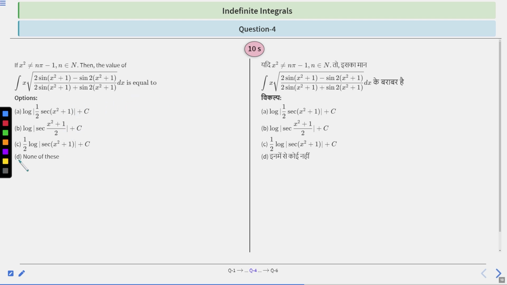Clear? So the hint of this question is looking a little bit lengthy. So you always try to convert lengthy equations into simplified form. You have to convert this expression into simplified form in such a way that the equation becomes integrable, right? So you have to think like that. In this way you try to approach this question. You have 10 seconds to solve this question. After 10 seconds we will discuss the solution.